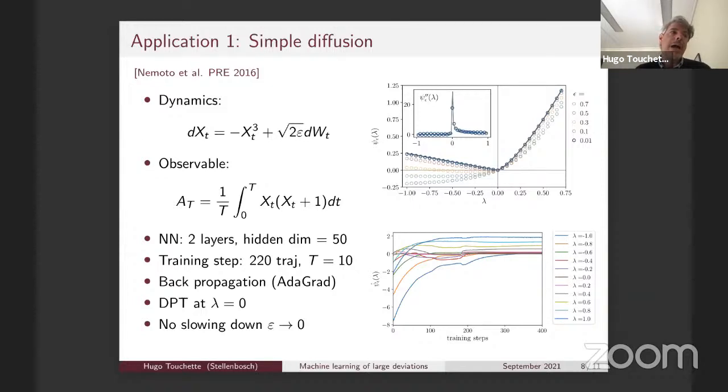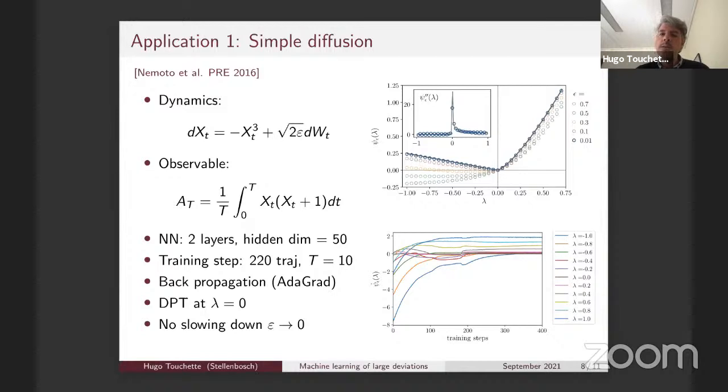Now, for the first question, how can you decide on using one method over another? This is a very difficult question. I don't think there's a clear-cut answer here. It's the same question that you would ask yourself if you want to solve a spectral problem or an optimization problem. There's not one method that will be the best. It depends a lot on the system that you study and the dimension of the optimization problem that you want to solve, and the particular nature also of the optimization problem, whether it's a discrete optimization problem or a continuous optimization problem.